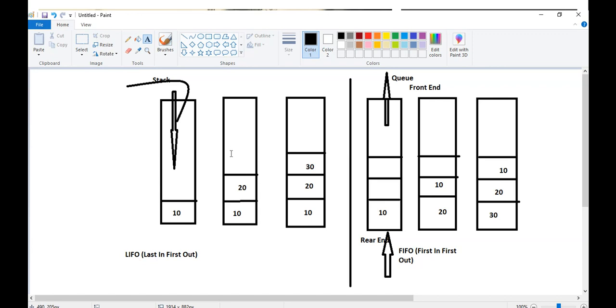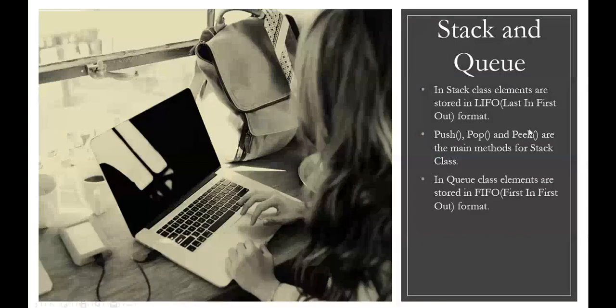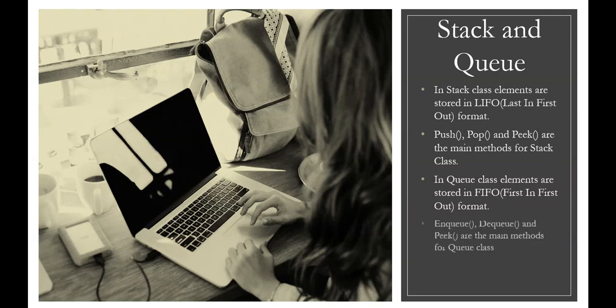So push will insert, pop will remove. And there is one more important method called peek. What will peek do? Peek and pop do almost the same thing, except pop is physically removing the element, while peek will just return that element. Pop will remove the topmost element and return it. Peek will simply return the topmost element. Peek is not going to remove it.